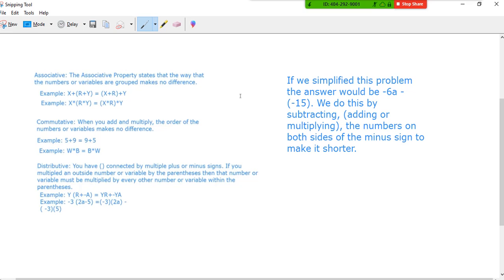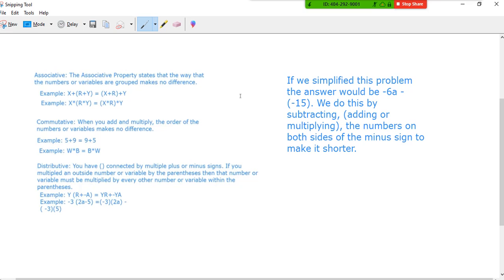If we look back to the left, we have the quantity negative 3 times the quantity 2a. Negative 3 times 2 is negative 6, and we have the a behind the 2, so we have to have the a behind the 6. That makes negative 6a